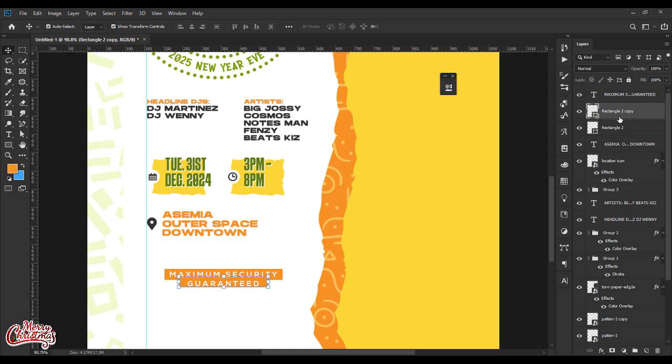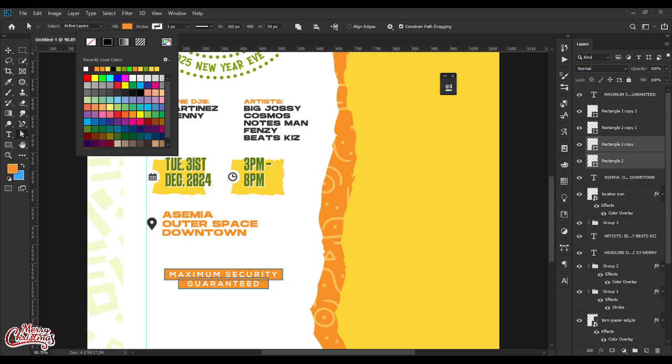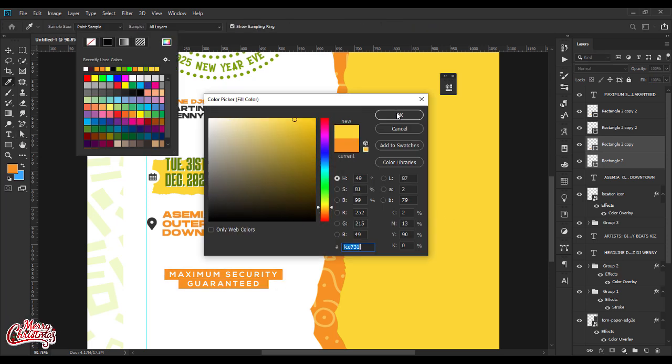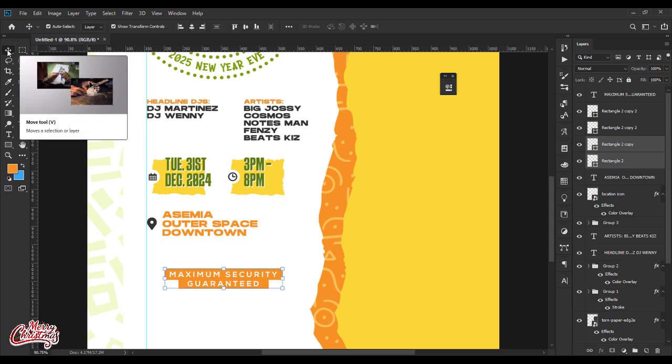I'll select the rectangle. And this is fine for me. Then I'll duplicate this, Ctrl J. I'll select the one at the bottom. I'll change the color to this orange. Then I'll drag it